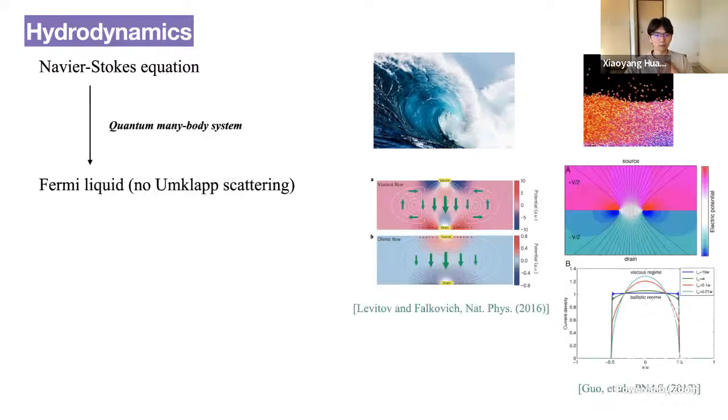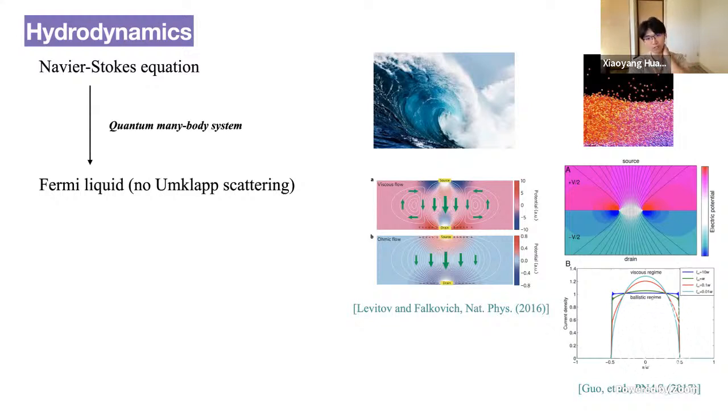Well, this is classical, but there is much recent progress in using the idea of hydrodynamics to apply it to dynamics in quantum many-body systems. So for example, if you have a Fermi liquid where your electrons will flow collectively, and suppose your Fermi liquid is clean enough and there's no disorder, you may expect that momentum would be a good conserved quantity and will drive some fluid dynamics.